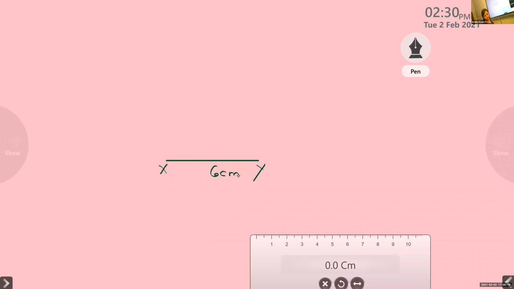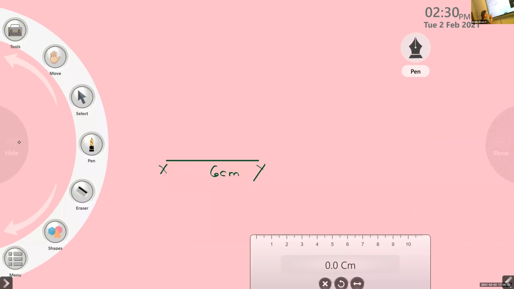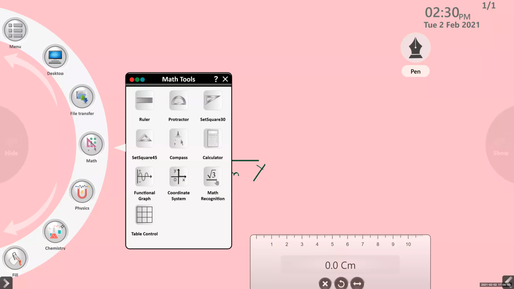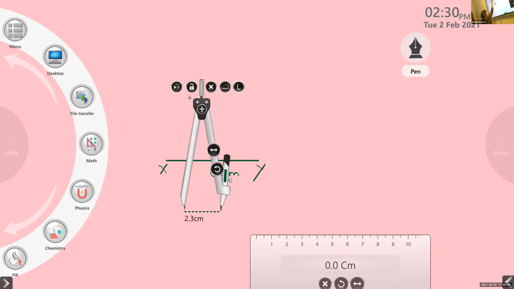Actually, it is compass construction. You know how to construct 60°? 30° can be constructed by constructing 60° and taking its half, that is bisecting 60°. So let us see how to do that. At least one construction you have to do with compass. So one angle you do with compass, then the other, 100°, you can take in protractor. No problem. So take the compass. Now keep it here. We are going to draw 30°.